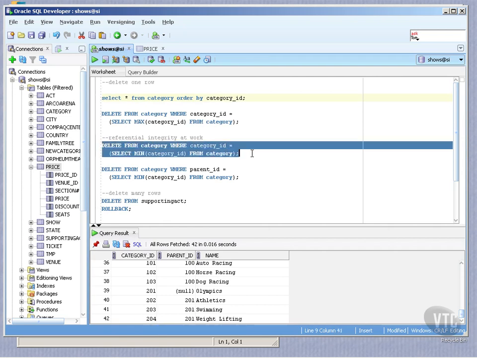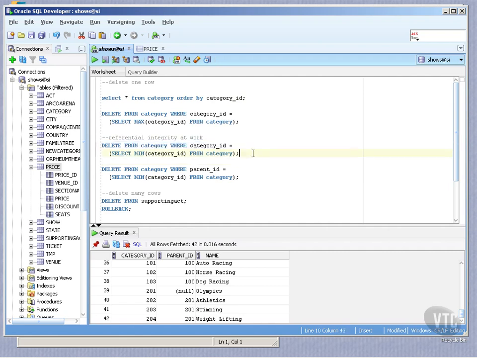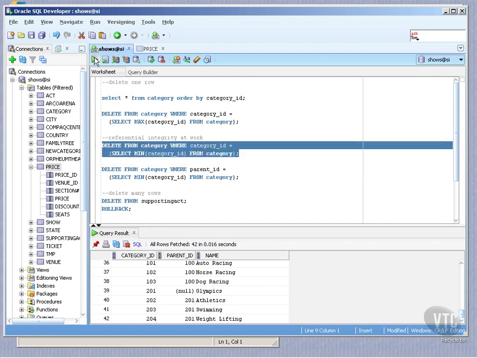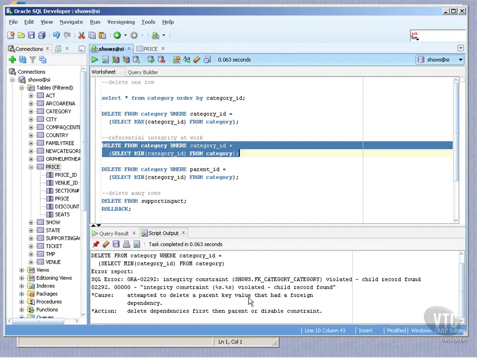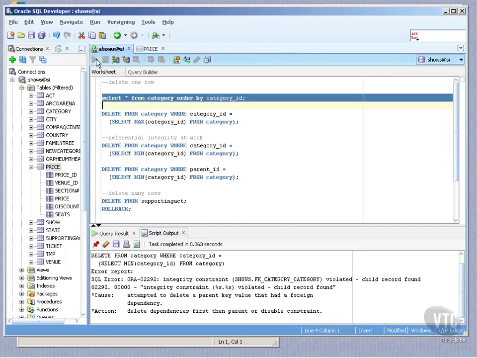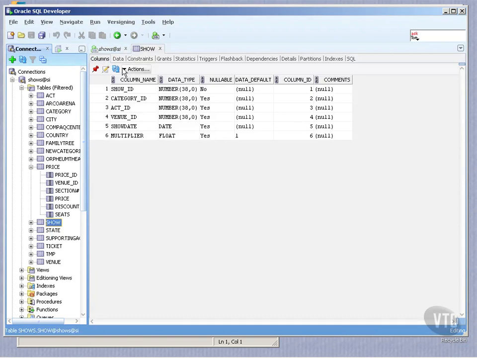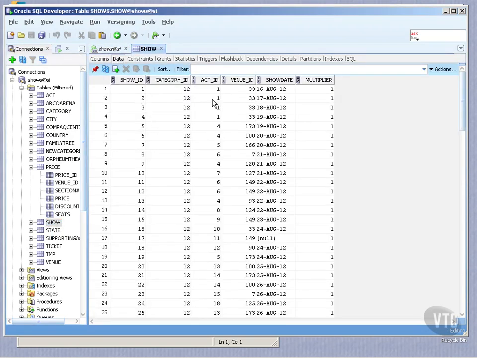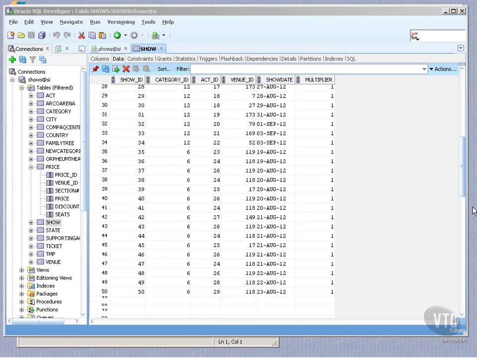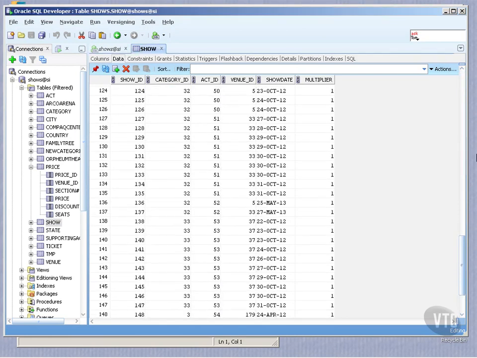So what happens? Delete from category where category ID equals minimum. This tells me referential integrity will be at work. Why? Because the shows table contains the minimum value, which happens to be, the minimum category ID is actually 1. Do we have any data on the shows table for category ID 1, category ID 12, and